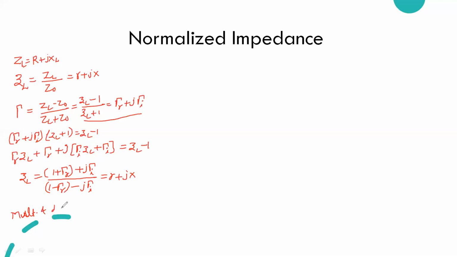Multiply and divide with the term 1 minus gamma R, plus J into gamma I. So after multiplying and dividing, we will have the terms like this: ZL equal to 1 plus gamma R plus J gamma I,